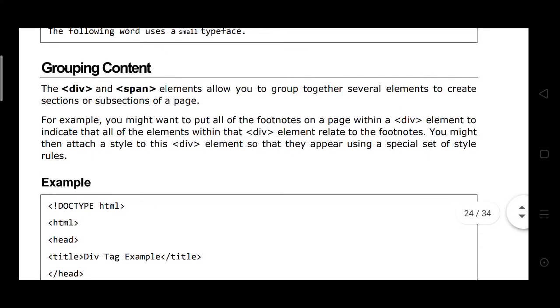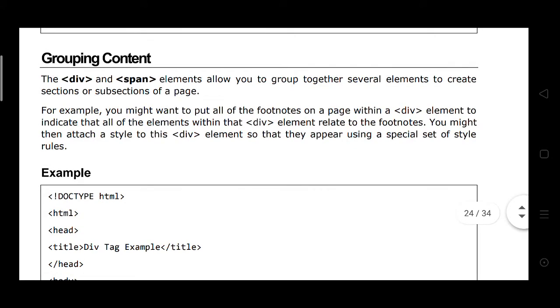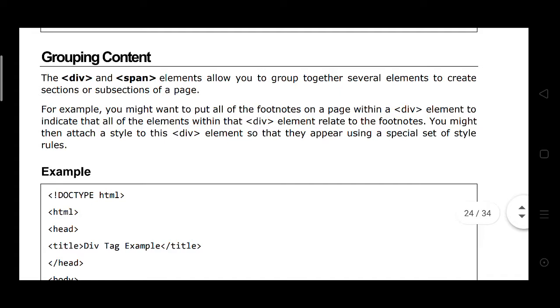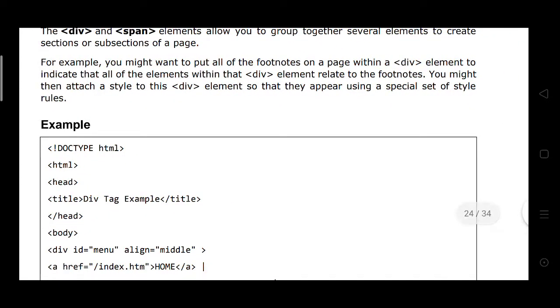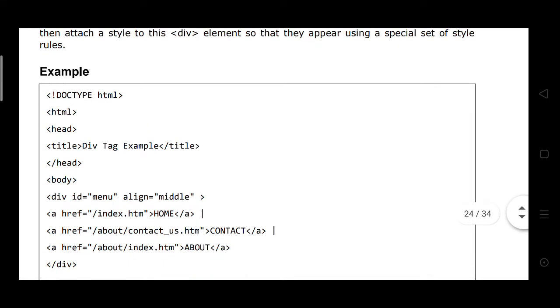For example, you might put all the footnotes on the page within a div element to indicate that all the elements within that div are related to the footnotes. You might then attach a style to this div element so they appear using a special set of style rules.